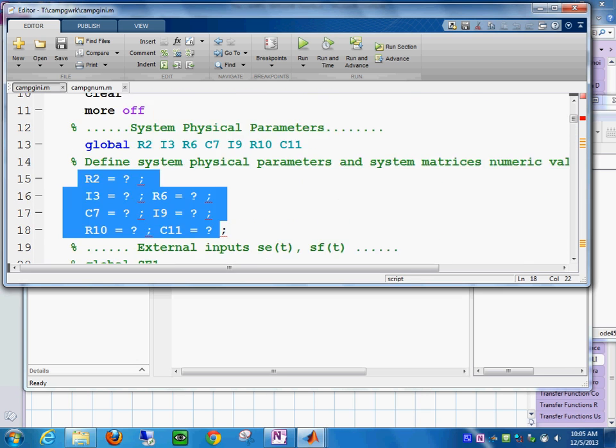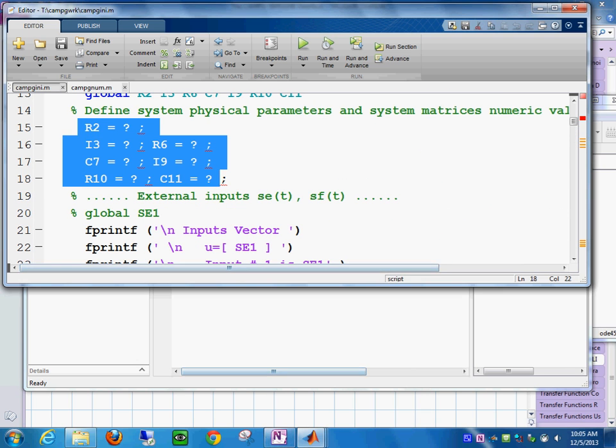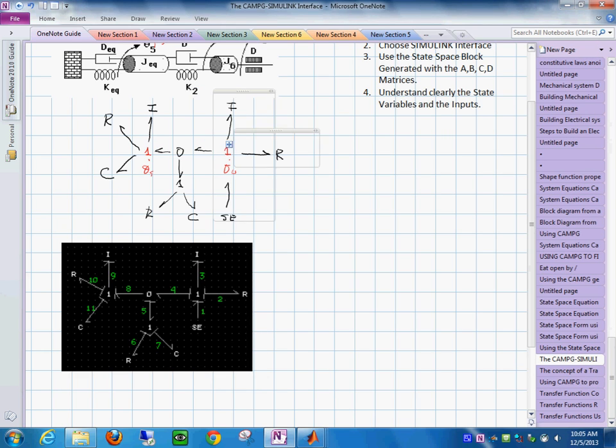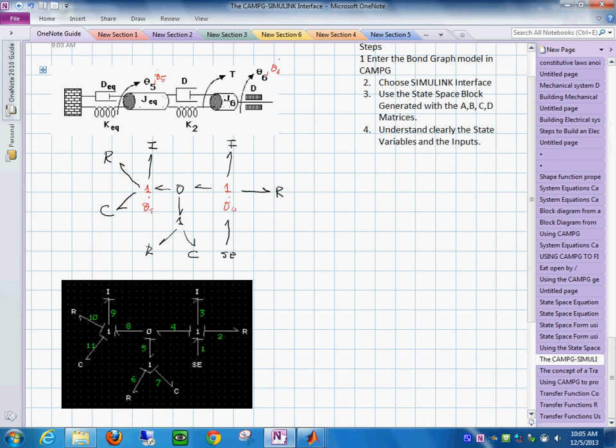So what we need to do in this case is make sure that we know what output we want. In this case, let's define the outputs. What we have done in here, we chose the Simulink interface, produced the matrices, and understood clearly the state variables and the inputs. And what is the output in here? So we need to say in this particular case,